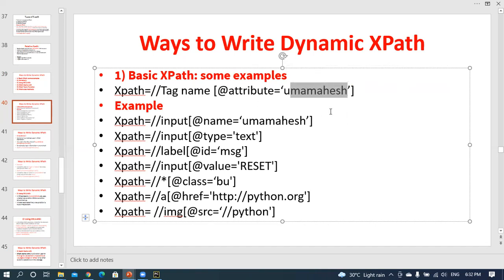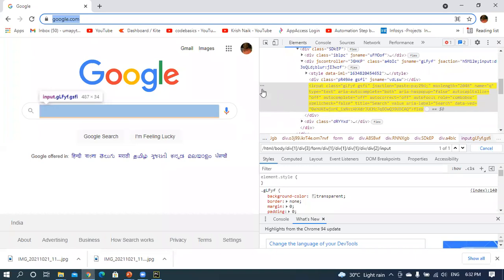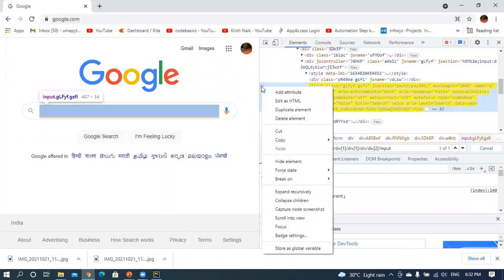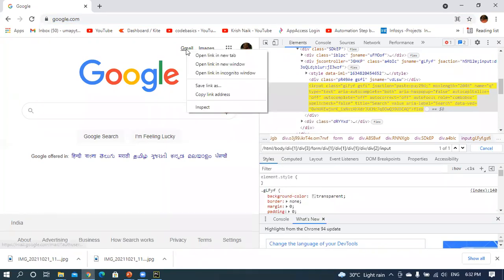Let us assume attribute equals value. For example, slash slash input, where input is a tag name. If you come to this one here, for example, Gmail.